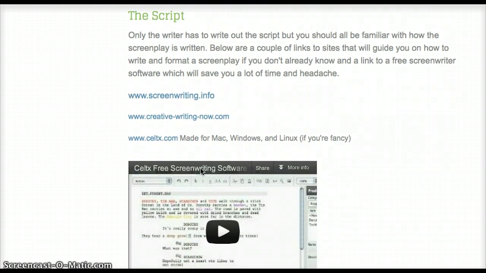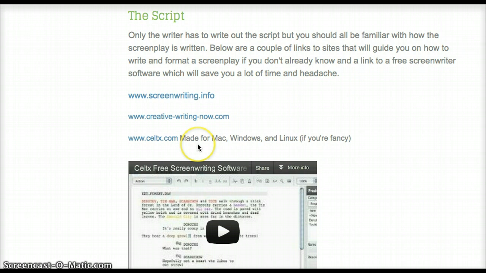Now onto the script. Only the writer will be writing the script, but I expect everyone to have an insight on it. Here are a couple of websites that will teach them how to write screenplays in terms of formatting, tips and tricks, and dos and don'ts.